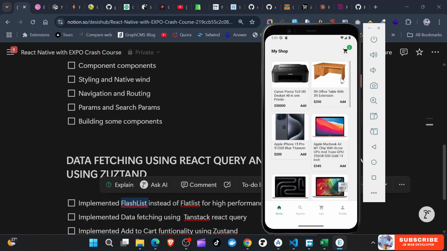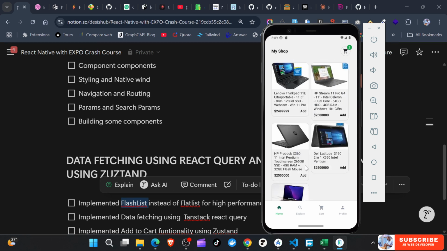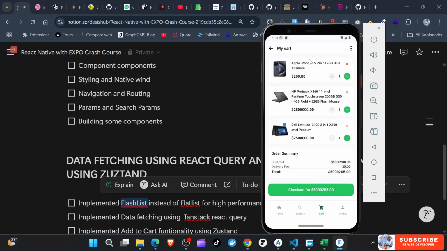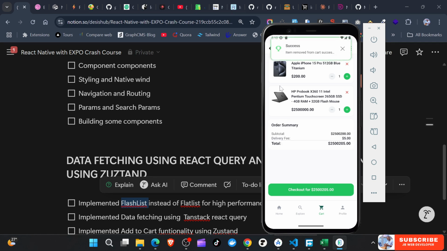We also go ahead and do add to cart. If I add an item to cart, let me just add this. You can see there is a toast saying item added to cart. And if I route to the cart here, I have all my 3 items in cart looking really nice and beautiful. If I remove this one, it goes off from the cart,